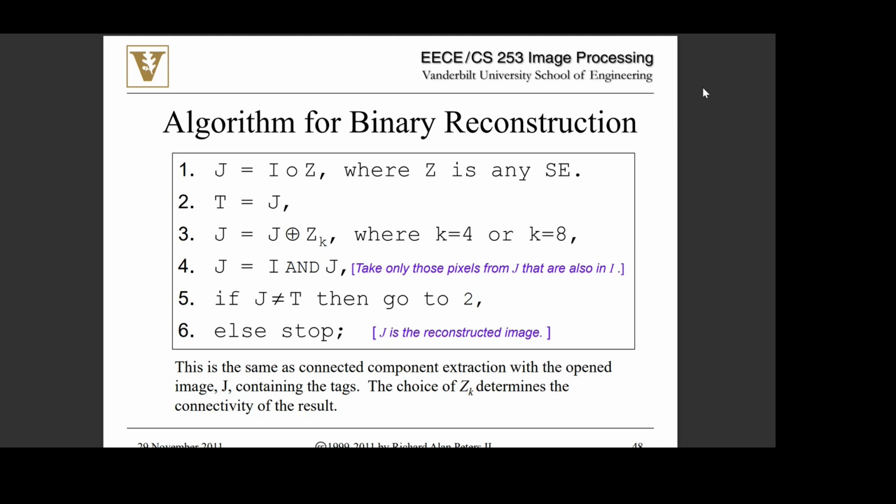And if it is not stable, so if the image has changed, then you update your current state and you repeat. And you repeat this process until the image doesn't change anymore. So when it doesn't change, you have finished. So with that,